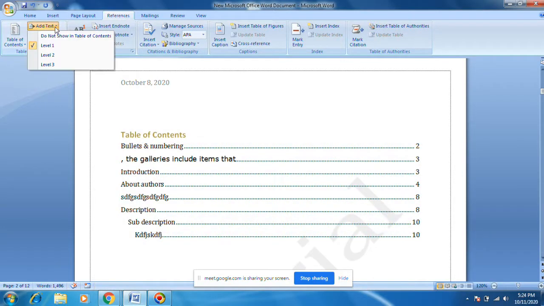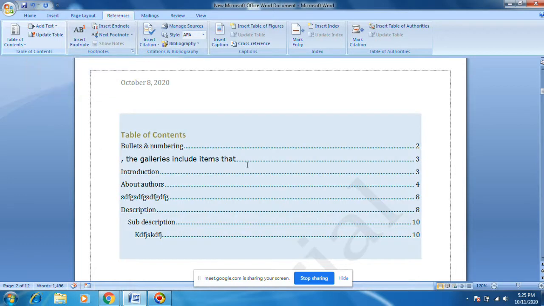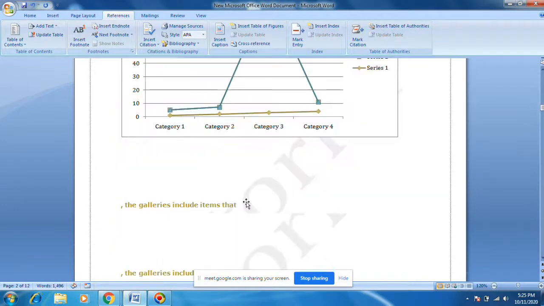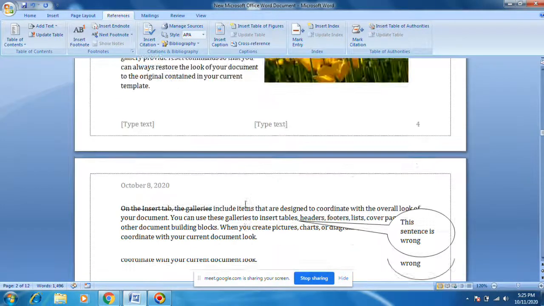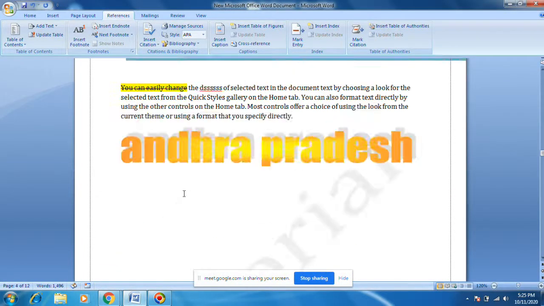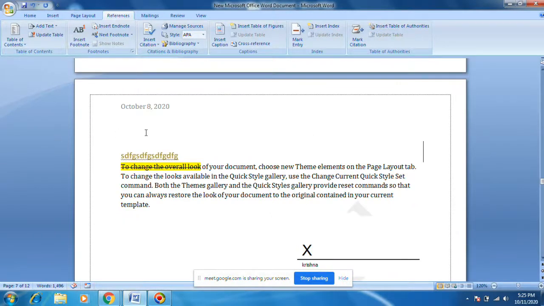Something like update field, if you added any new side heading. Suppose this is a new side heading, it came.